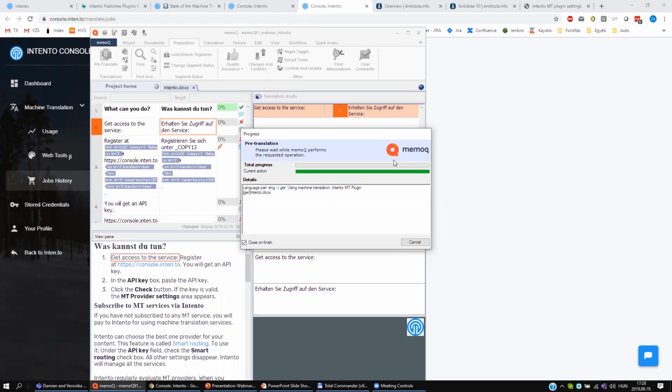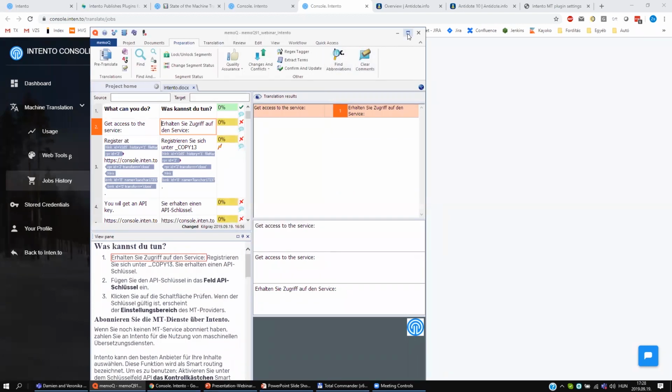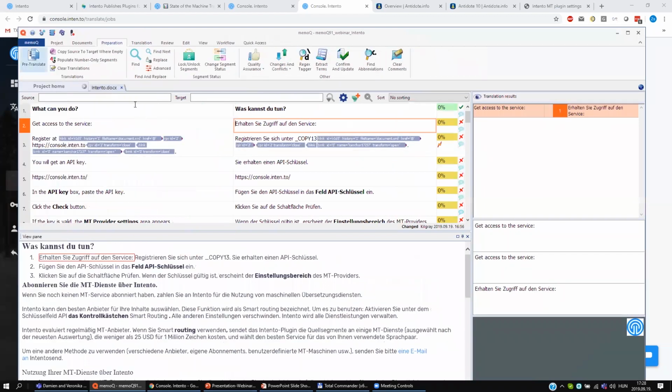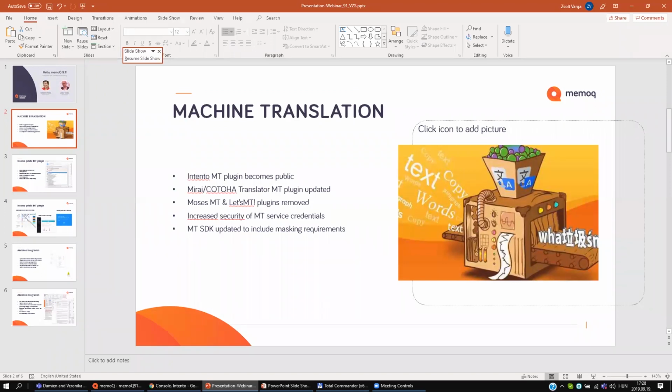So these are the two basic workflows that we use in memoQ: on-the-fly translation and pre-translation when it comes to machine translation. So this is Intento that I wanted to talk to you about, and just encourage you to give it a try and experiment with it. The second thing I want to talk to you about is